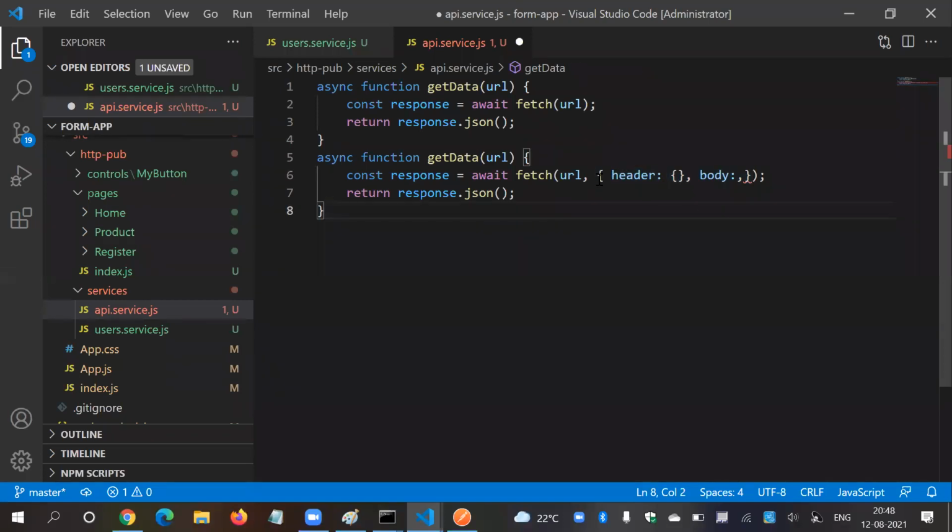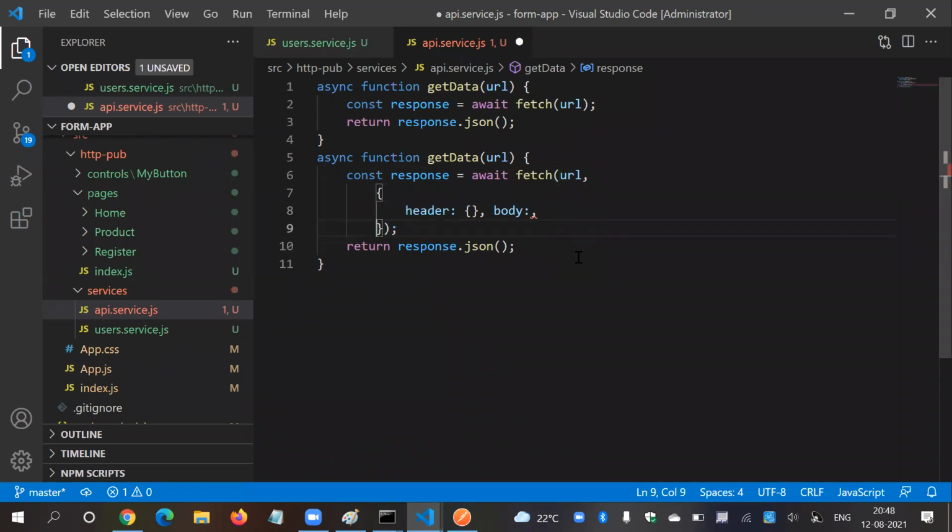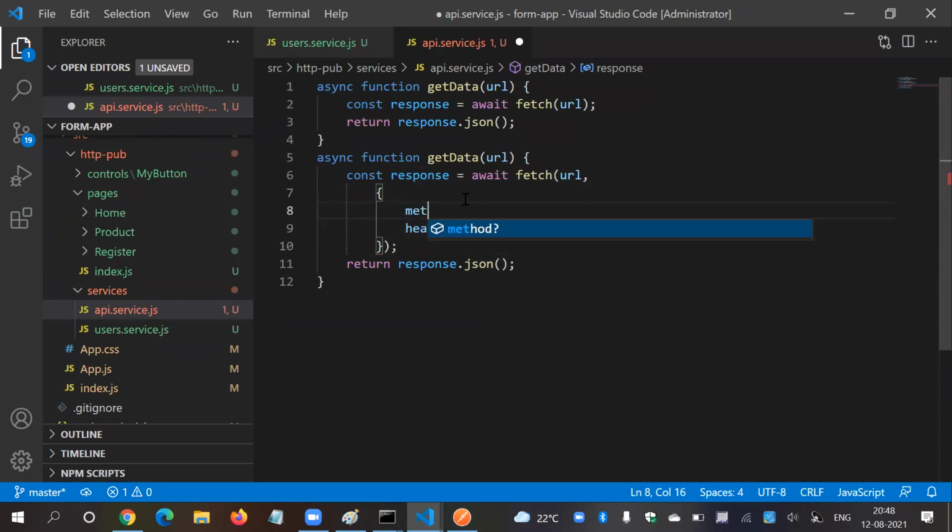To make it more readable, I'm going to split this code like this. So headers, and let's say I'm going to use method. Instead of saying fixed post, let's add one more parameter here, method.